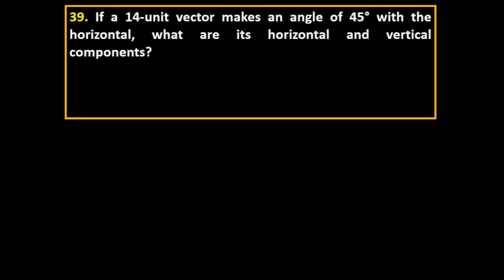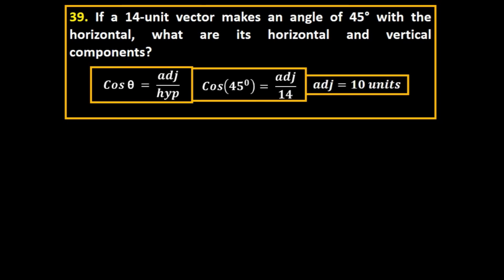So if it's 14, what would be, 14 would be root 2 of what number? Or you could just simply say cosine 45 degrees equals adjacent over 14, would be 10 units. Understand this, that the opposite, the other leg, would also be 10 units. So you could think of it in terms of a special triangle, 1, 1, root 2, and what number is root 2